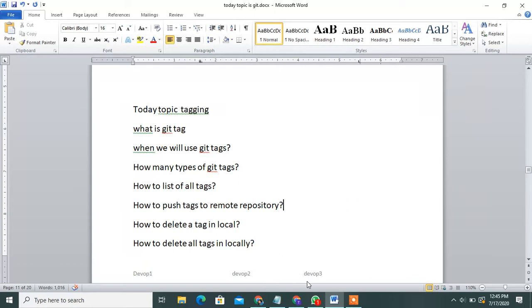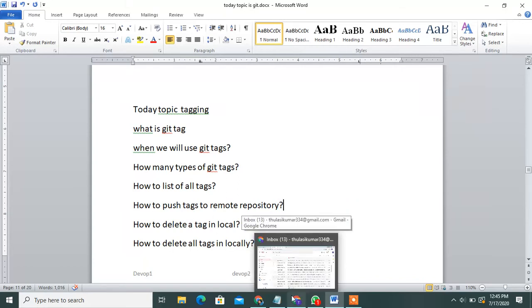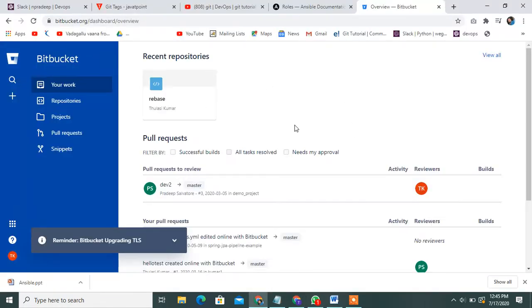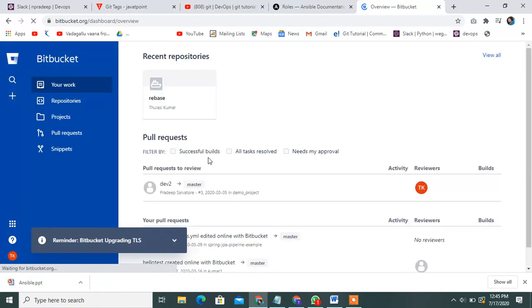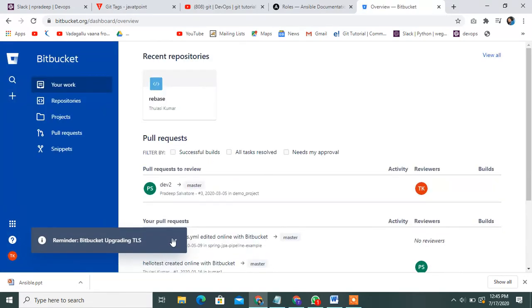First of all, go through my repository. See, this is my Bitbucket repository, the central repository, with many updates. Go through my projects folder, stored locally in a particular location.